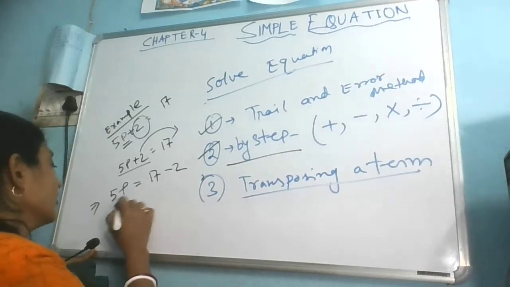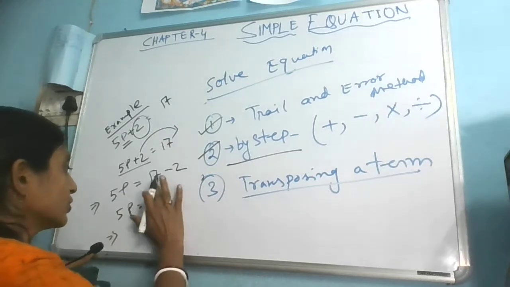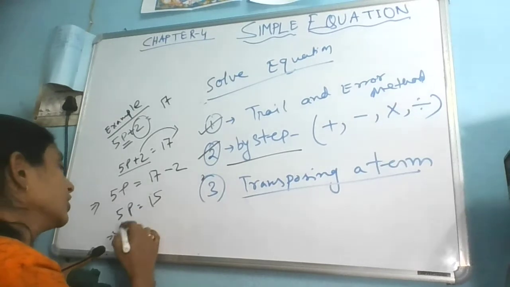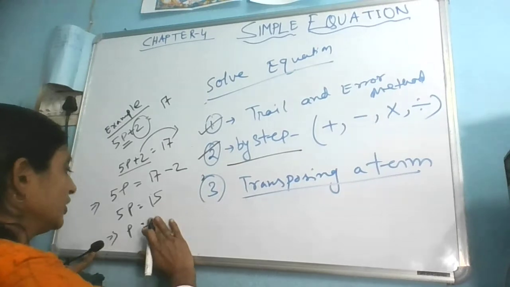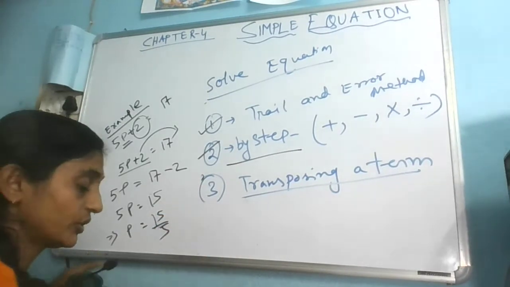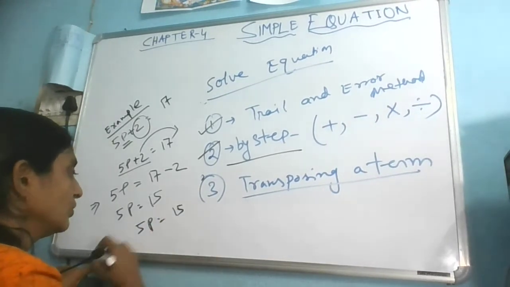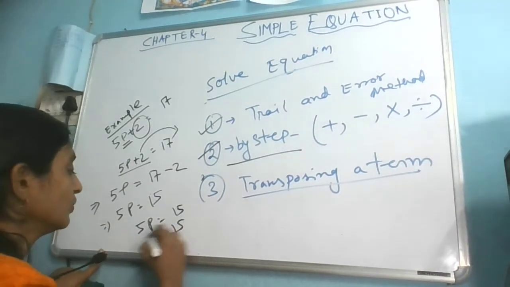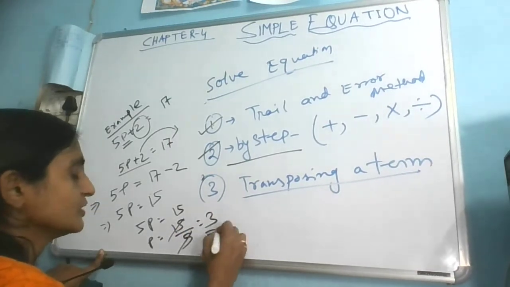So here what I will get is equal to 17, after subtraction it will be 15, and if I am dividing both of them by 5, what I am getting, p equal to 3. How? It is 15 by 5. Yes, cross multiplication you can think like, okay, let's see, it is 5p equal to 15 we have already. Now p equal to what it will be, if 5p is 15, then 1p is equal to 15 by 5. So let's cancel, our answer is equal to 3.